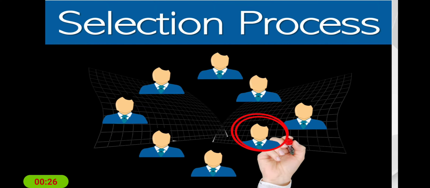The process of selection begins after an adequate number of applicants are secured through different sources of recruitment. The prime motive of the selection process is to solicit the maximum possible information about the candidate to ascertain their suitability for employment in terms of their qualification, experience, knowledge, and skills required for the job. The main steps in the process of selection are